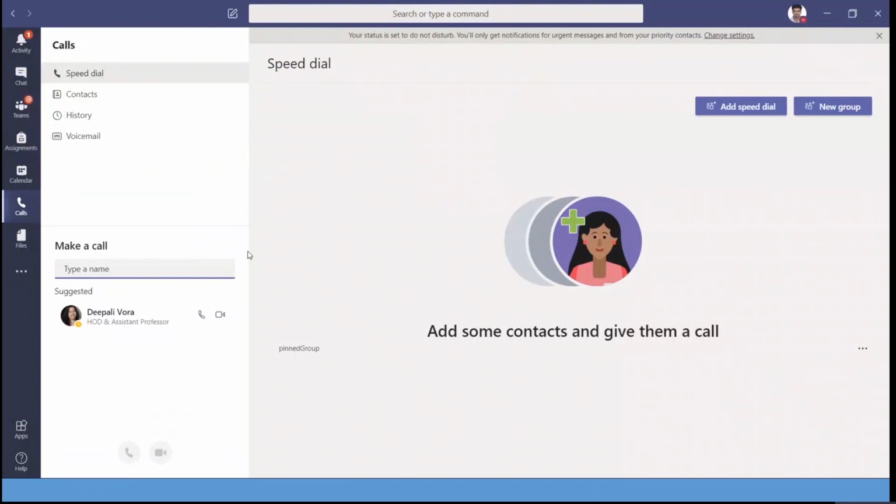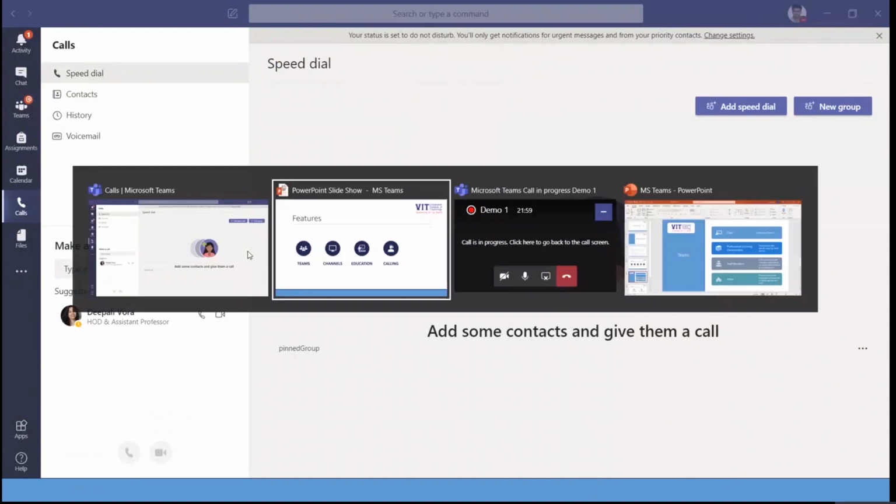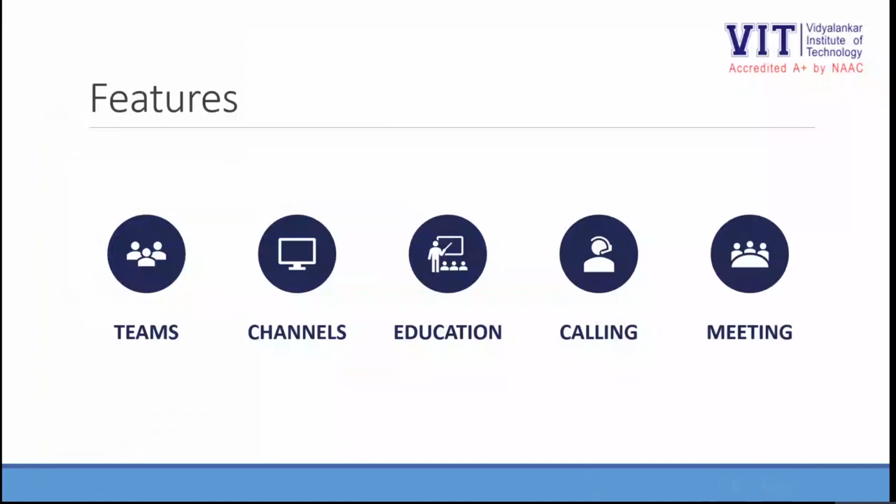The next and the final feature of Microsoft Teams is meetings. This is a very important feature of Microsoft Teams. A meeting is nothing but a conference video call done in order to collaborate on work. In our use case, let us understand how we will use this feature to initiate a live lecture. For the same, let us move to the desktop application.